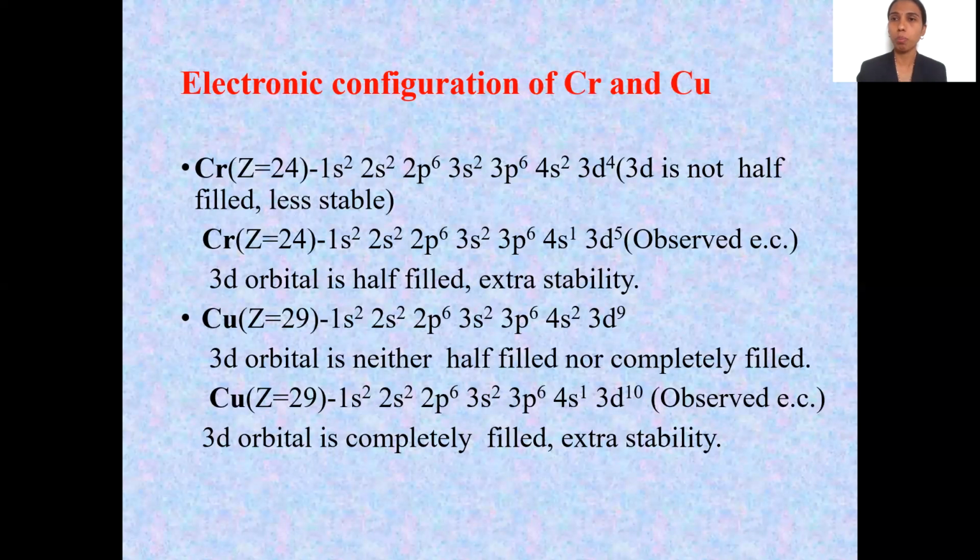Okay, as we see the above principle, according to the above principle, the electronic configuration should be like this. But 3d is not half filled. So see here, what is the reason? If we want to fill the orbitals with electrons, then when electrons are filled in the orbitals,